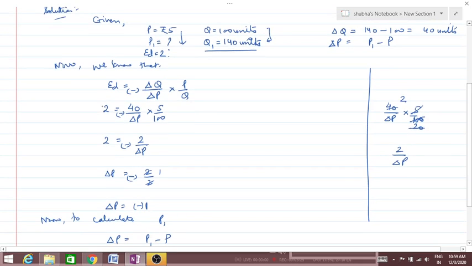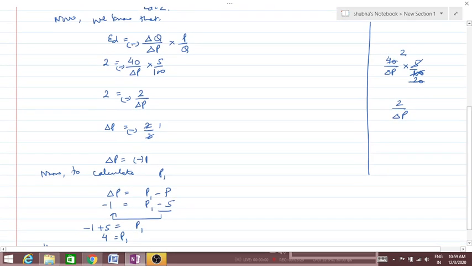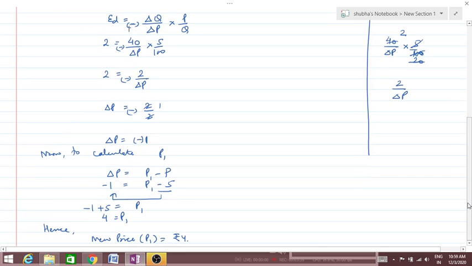Better to use the minus sign here. Otherwise, if we do not add the minus sign in the formula, then your answer may become wrong, because if you write this as plus 1, then plus 1 plus 5 will become 6, so it will be wrong. So here you have to write the minus sign which has been given in the formula. So this is it. I hope this is clear to you.